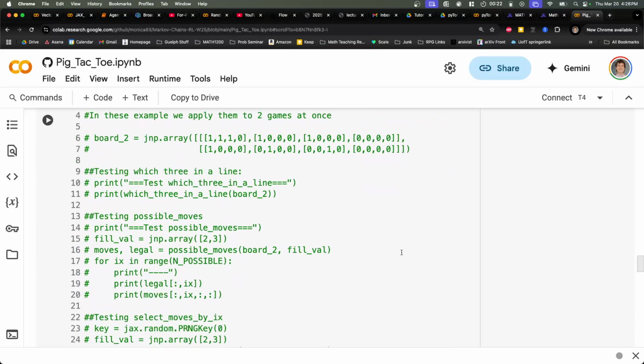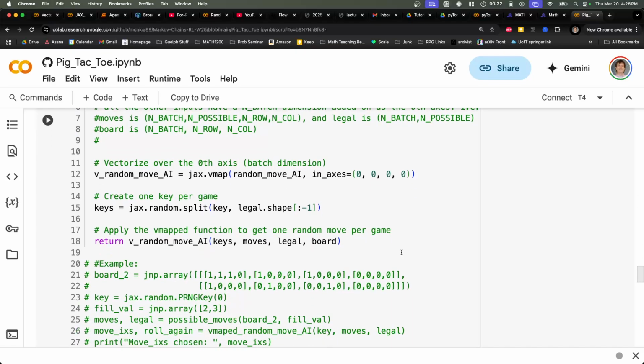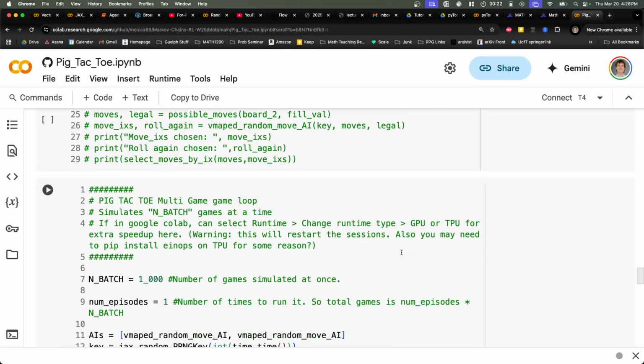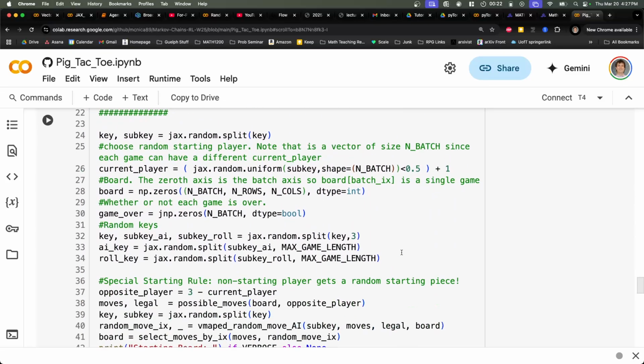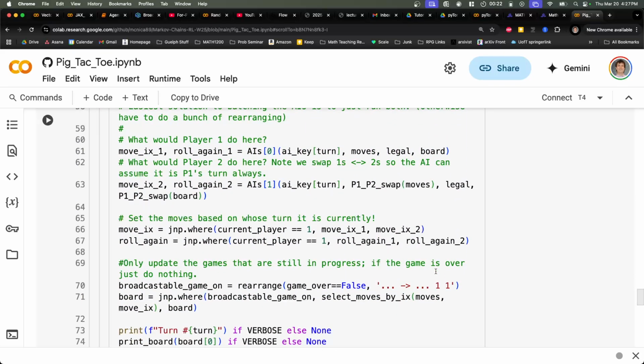But here is the batch version. And all of this stuff in comments has the VMAP version, so you can VMAP your own things. And then it has the multi-game thing here with n batch equals 1,000. And all of the things are implemented for you. So all of the game logic over here is written with these